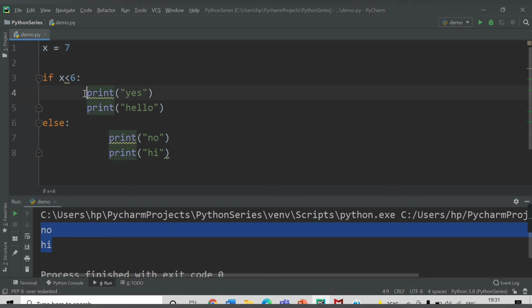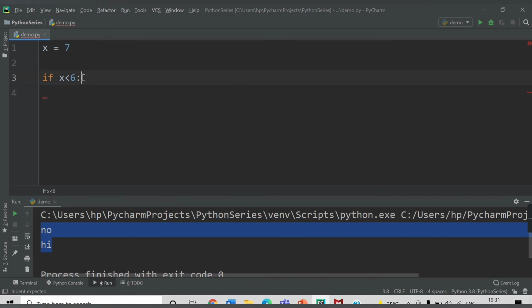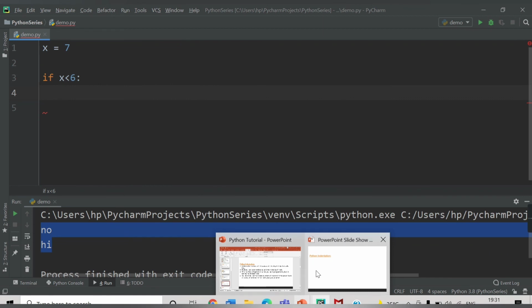So indentation has a specific meaning in Python. We will follow a basic approach: we need to provide only a single tab every time we enter a particular block. In PyCharm we get this by default. If we enter an if condition and press enter, by default we get some indentation. We do not need to worry about this, but you should understand how it works. As curly braces are not used here, indentation is used. Let's understand some theory about it.